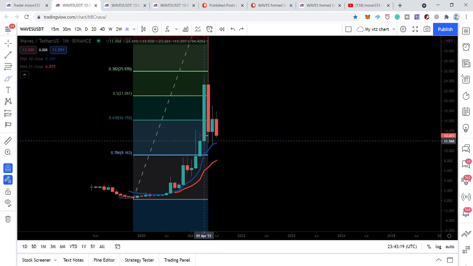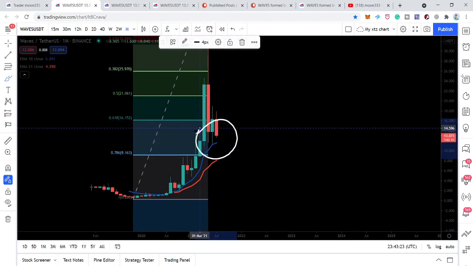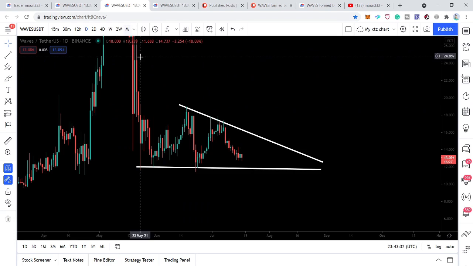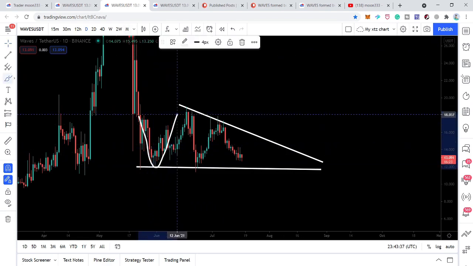And now the price line is moving above the EMA 10. While the price line is moving above this EMA 10 on the monthly time frame chart, remember this is the monthly time frame, and the EMA 10 on the monthly time frame can be a very strong support. If we switch to the daily time frame, then here the price action has formed this descending triangle,